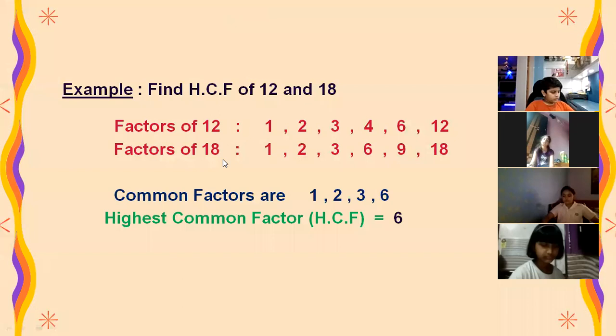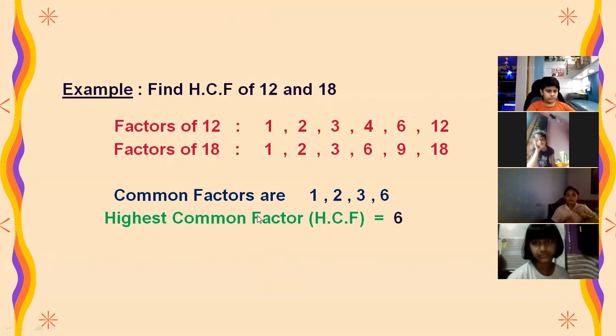And similarly, we have already found out the factors of 18. And the factors of 18 are? 1, 2, 3, 6, 9, 18. Very good. So, what are the common factors here? Beta, as we have already discussed, the full form of HCF is highest common factor. Let's start from the end of this particular word. This is the combination of three words: highest, common, and factor. So first of all, we are going to find out the factors, as we have already done.